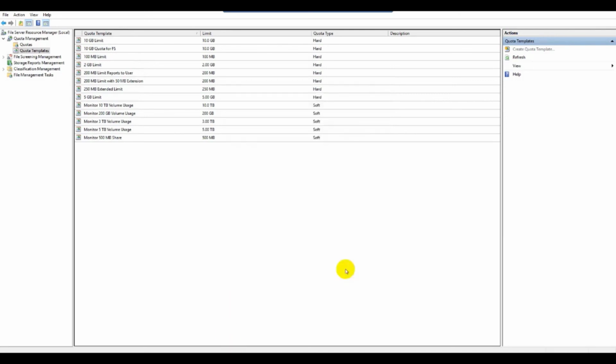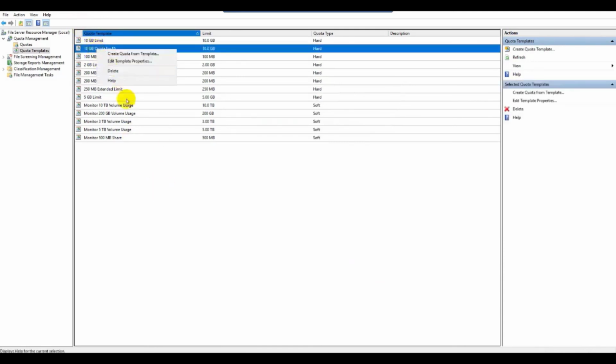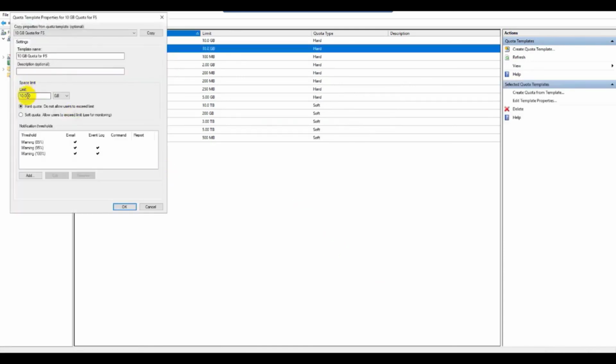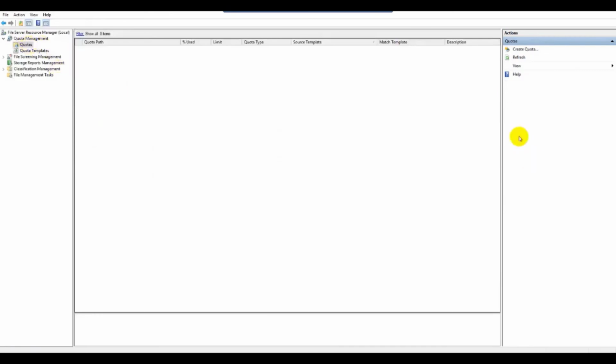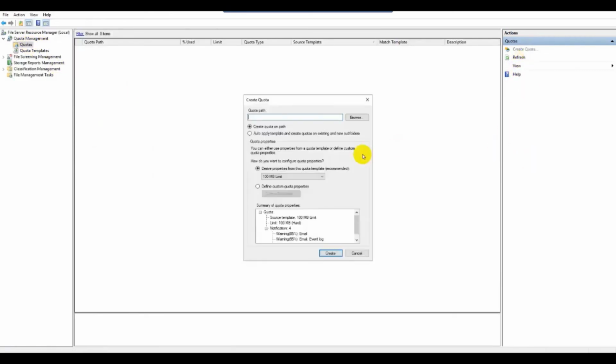It is a hard quota. After filling the 10 GB, the user will not be able to put any file or folder in it, and we have to